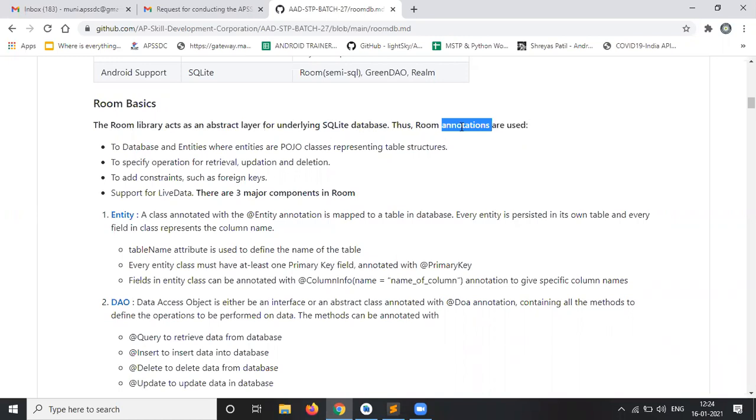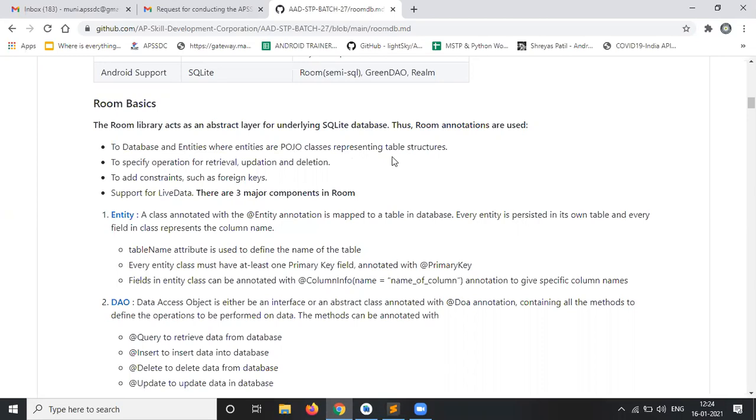So what is an annotation? Annotation means whatever is marked with the at-the-rate symbol, whether entity, DAO class, or database. Using these we define the database and entities, where entities are POJO classes representing a table structure.